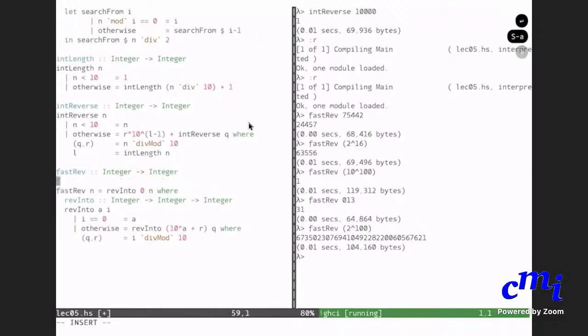Sir, in the otherwise statement of rev into, if I want to replace the parenthesis with the $ sign, how would I do that? Okay. So you cannot here because there is some other argument that comes after that. The parenthesis is used only for unary functions typically. The $ thing is mainly used when you have a unary function. If it were the second argument also, you could do that, but not if it's the first argument. Sometimes you're forced to use the parenthesis.